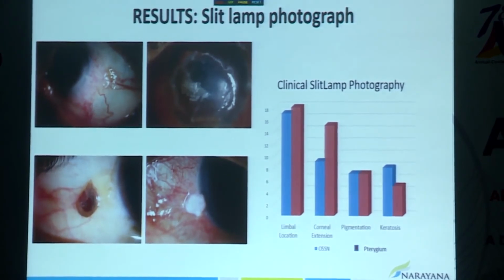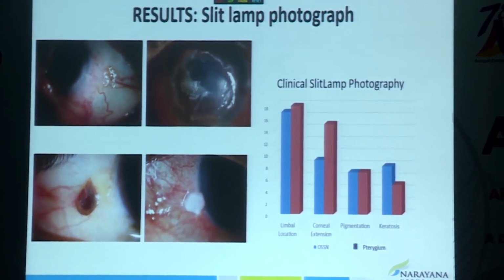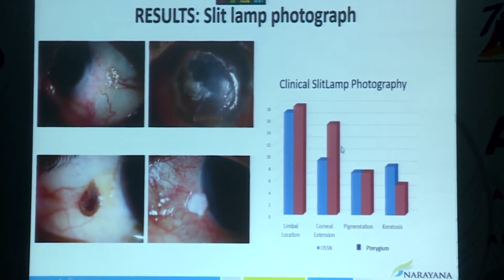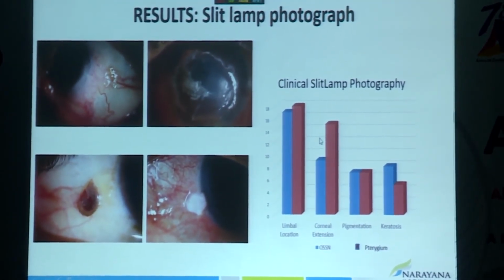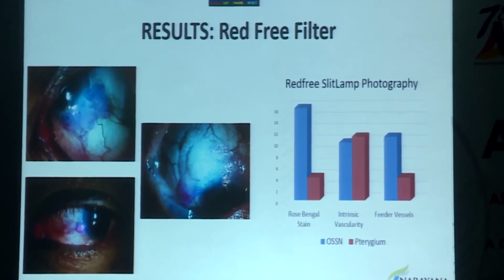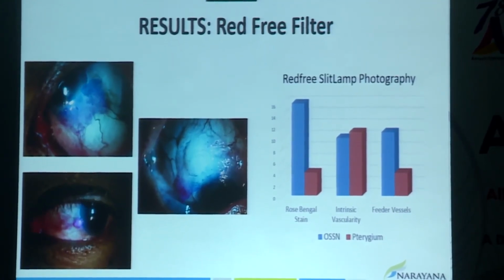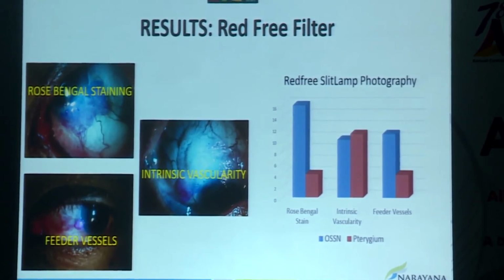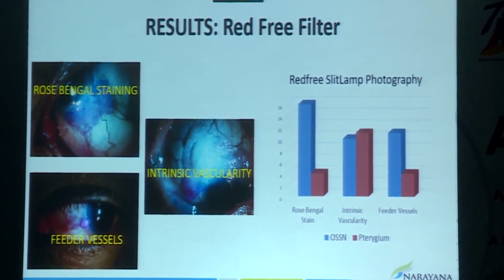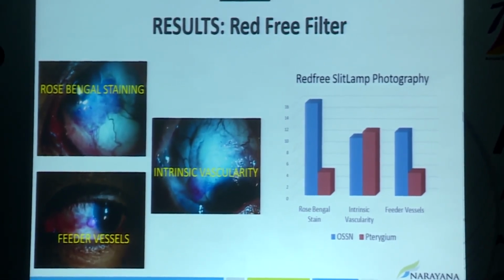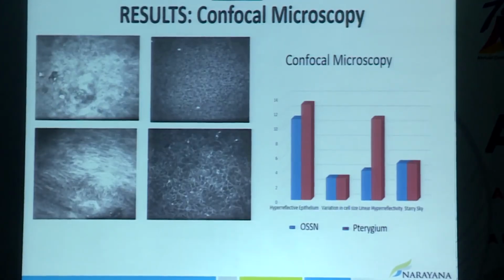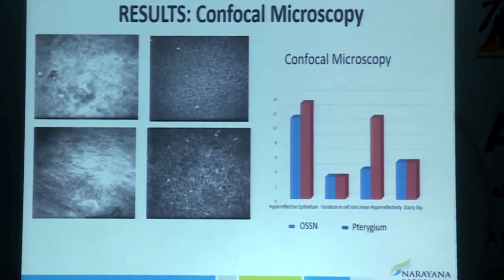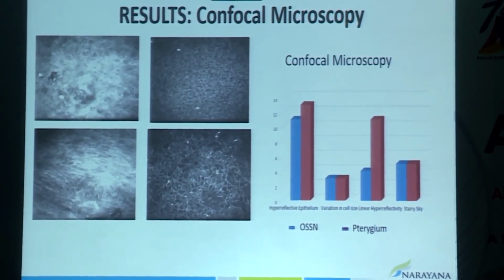So we did the scoring on slit lamp photography. On clinical slit lamp photography, both OSSN and pterygium showed similar scoring, but on red-free filter examination, OSSN showed higher scores than pterygium, especially on rose Bengal staining and feeder vascularity, which was statistically significant. On confocal microscopy, both OSSN and pterygium showed similar scoring,